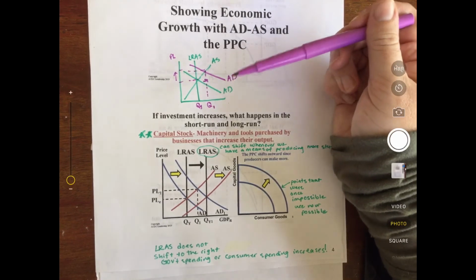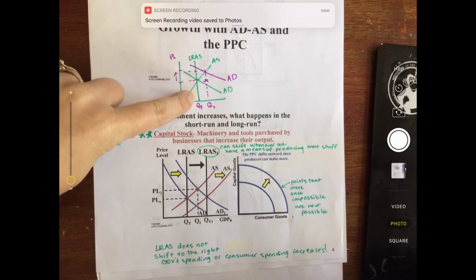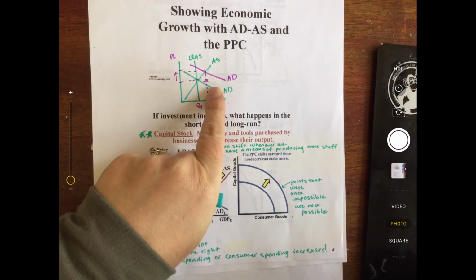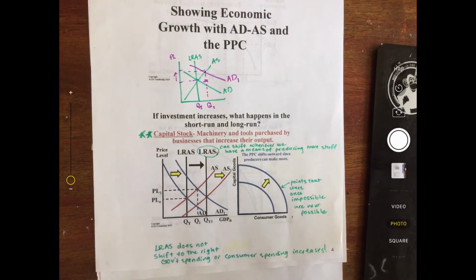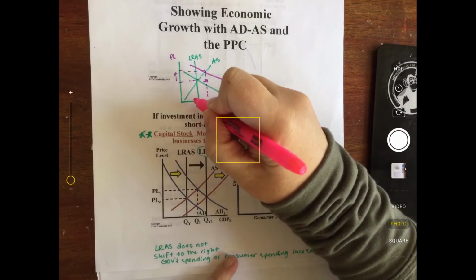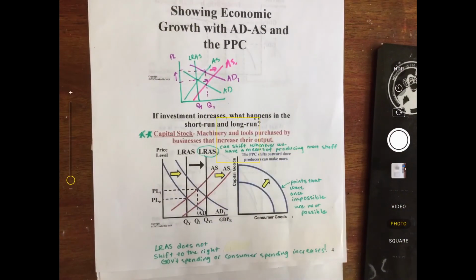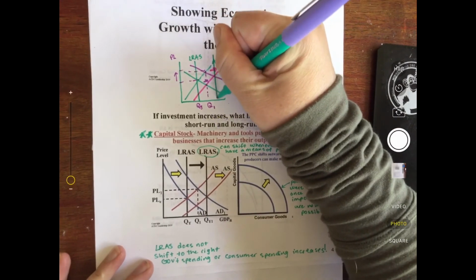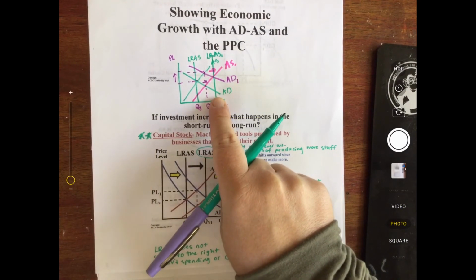Normally what would happen is aggregate supply would decrease. It would shift to the left as wages increased due to this inflationary gap, and we would be back here at this long run aggregate supply. But because this original shift of aggregate demand was because of investment, we are able to now produce more output, and so our aggregate supply is actually going to increase. So this is what's happening in the long run. Now we are going to be operating at a new long run aggregate supply. So our long run aggregate supply shifted to the right